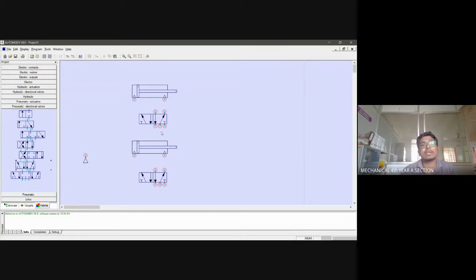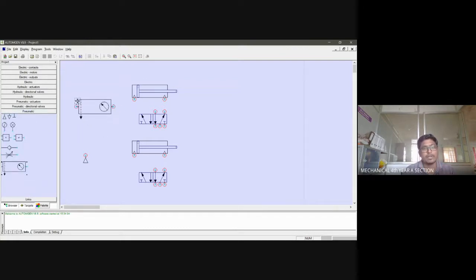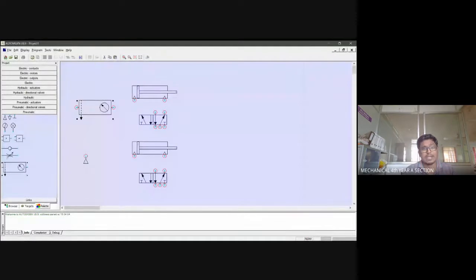So that you can clearly understand from where the air is getting passed and from where the direction control valve is pushing the air towards this end or this end, the rod end or the blank end. Okay, so you can see the connection, and you have selected all the pneumatic kit that is available over here. And one thing you have missed out. What is that? We have a FRL unit.